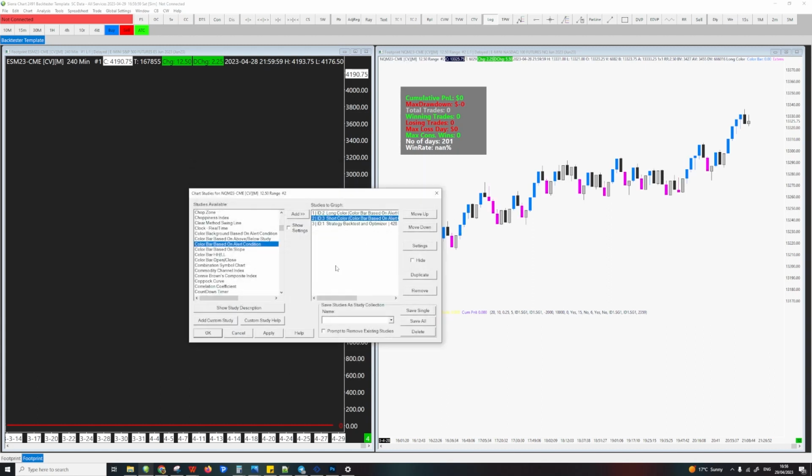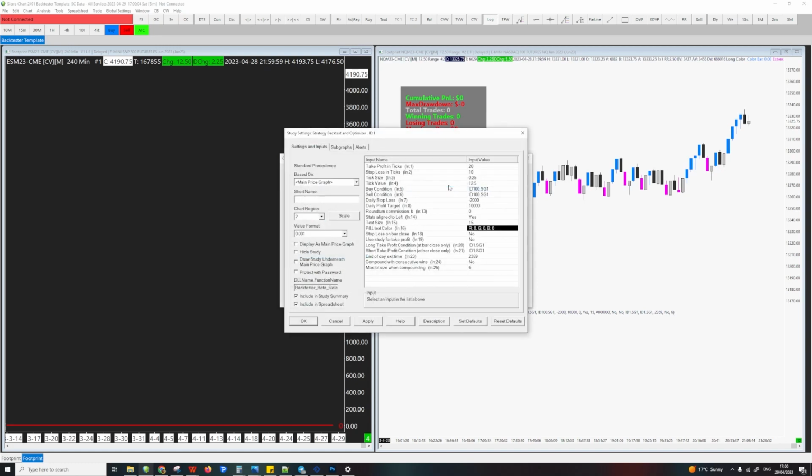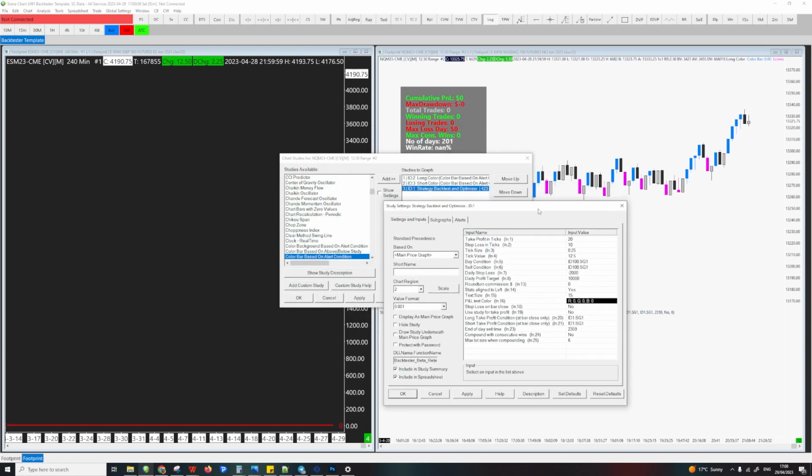We've now created two basic alert conditions. One for long condition, which triggers when the high of this bar is above the high of the previous bar, and a short condition when the low of this bar is below the low of the previous bar. We now need to plug this into our strategy backtester tool. Double click on the backtester, and in the buy condition, we select the long color, and the sell condition, select the short color. Can hit apply,